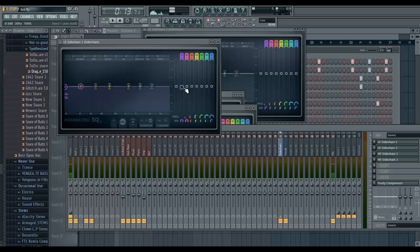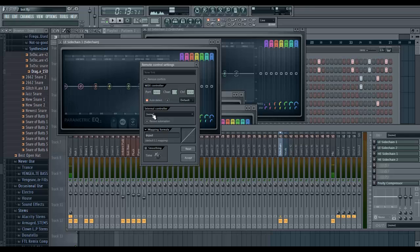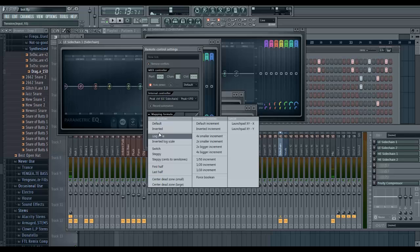Next, I right click it and click link to controller, and it brings this thing up. You click internal controller, or you need to select what controller you want to use. So you want to use the low end sidechain, and make sure you click pick plus LFO. Make sure at the top that this is not highlighted. If it is, then it won't work. If you do it once, it will always be like that. But make sure you do that, that's important. For the mapping formula, make it inverted,